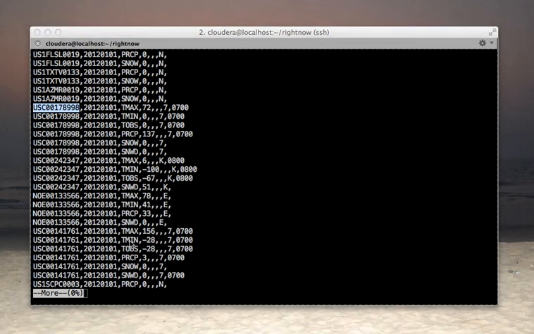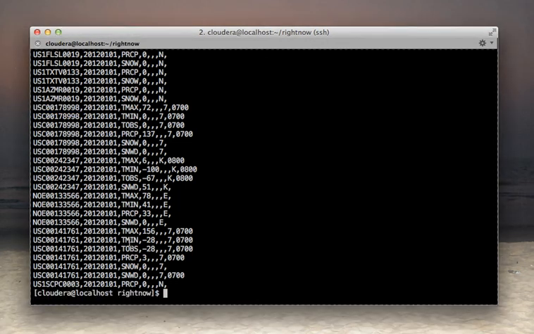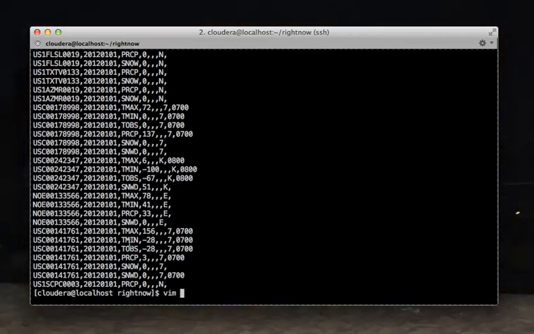So let's begin writing a Pig script that will help us process this file and essentially any files that have the same format.